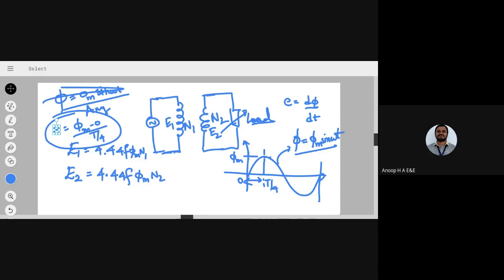Okay, so it would be quite easy for everyone to keep in mind that it is relatively easy to find out the value of the EMF. Any doubts up to this point regarding the EMF expression? I'll tell you how I do it. Any doubt up to this point? Anyone? Any doubt?